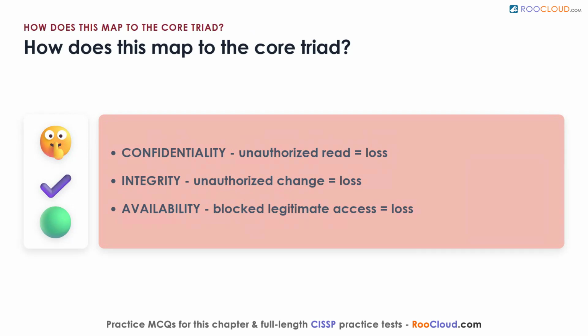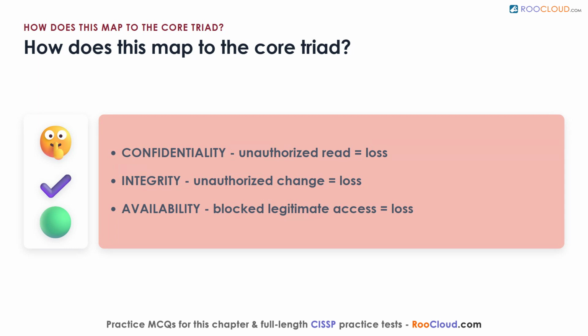Access control exists mainly to prevent loss, and there are 3 losses to prevent. Confidentiality means only authorized subjects reach objects, so an unauthorized read is a loss of confidentiality. Integrity means data and settings are not changed without approval, or that changes get detected, so an unauthorized edit is